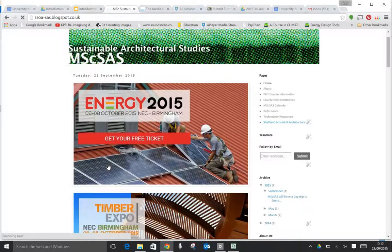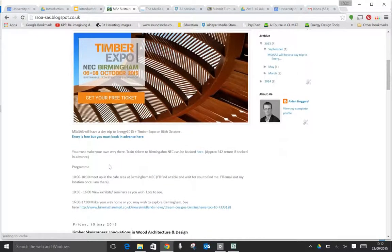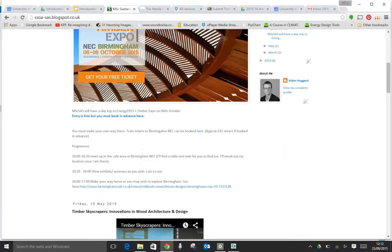There's a little bit of information here, and really it's quite informal. All I've suggested is that you make your way to Birmingham NEC. You can get a train from Sheffield to Birmingham NEC. There's a link here for booking train tickets. There's a link here for reserving your ticket for the event, and really I've just suggested 10 to 10:30 we